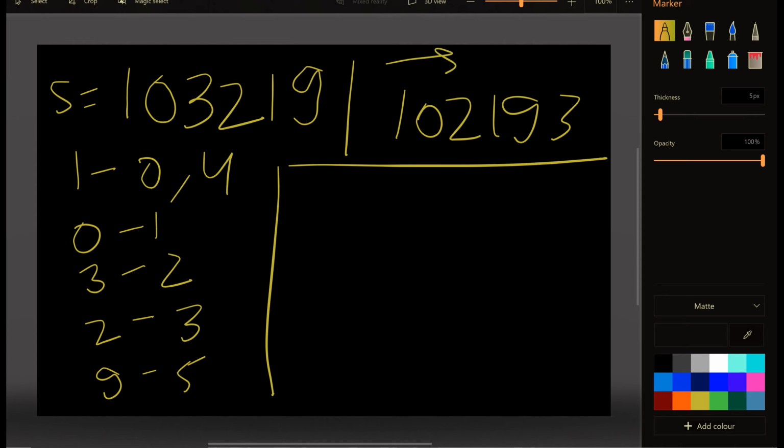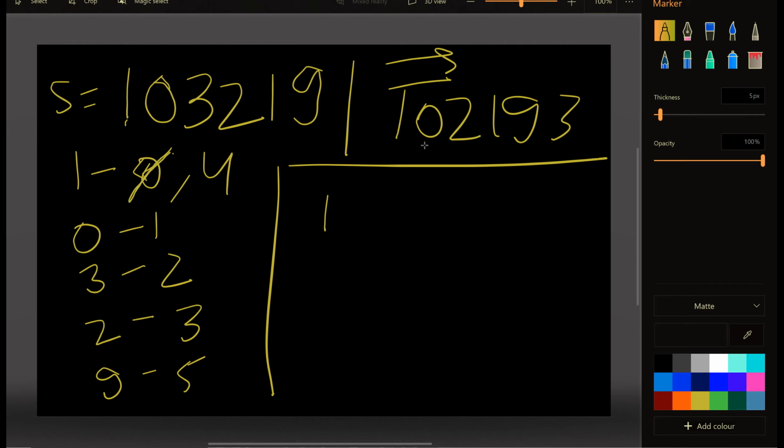So first I encounter 1, then I check in my source string where 1 lies. So 1 lies at the 0th index and the 4th index. Let's worry about only the 0th index for now. So 1 lies at the 0th index, and I'll check all the numbers which are less than 1. All the numbers less than 1 in the source string should either have already been encountered in my target string, or they should be on the right of 1. So here the only number less than 1 is 0, and it's already on the right of 1, so I needn't worry. So I've already checked the first occurrence of 1.